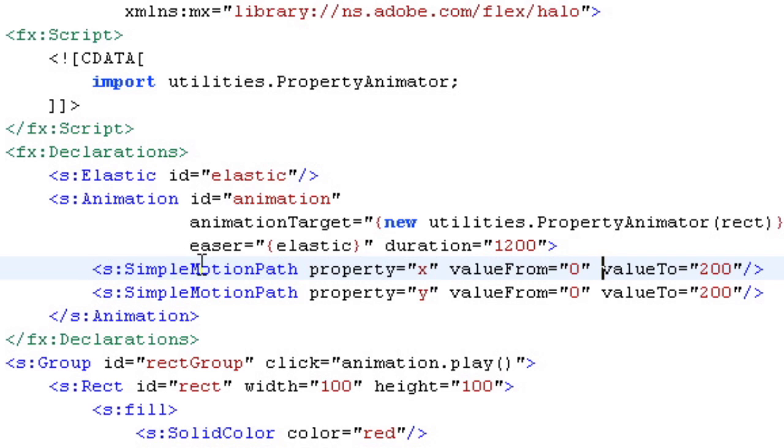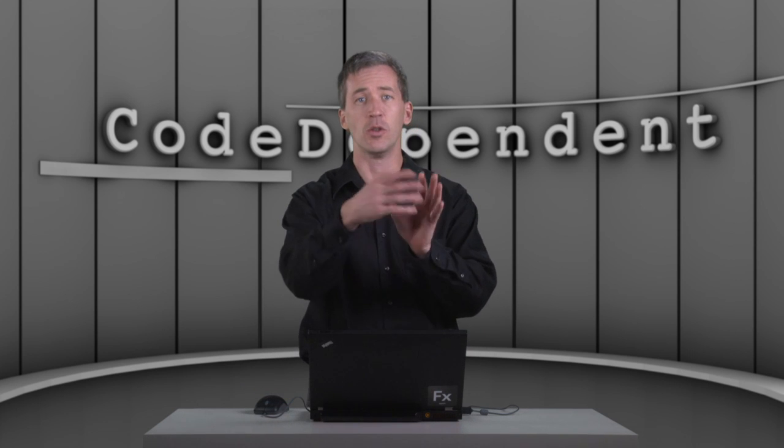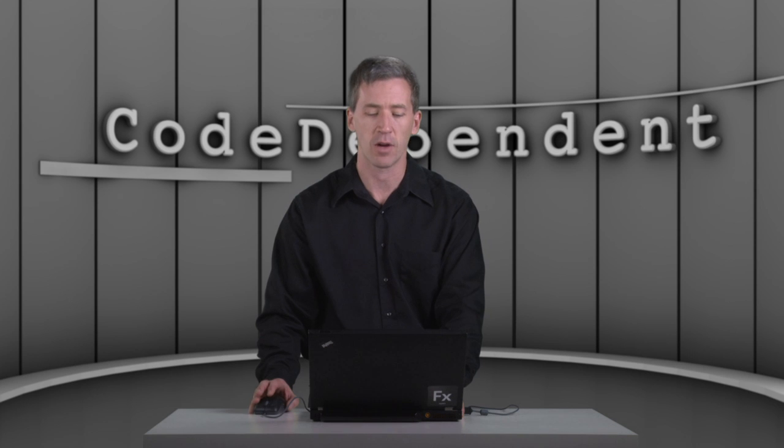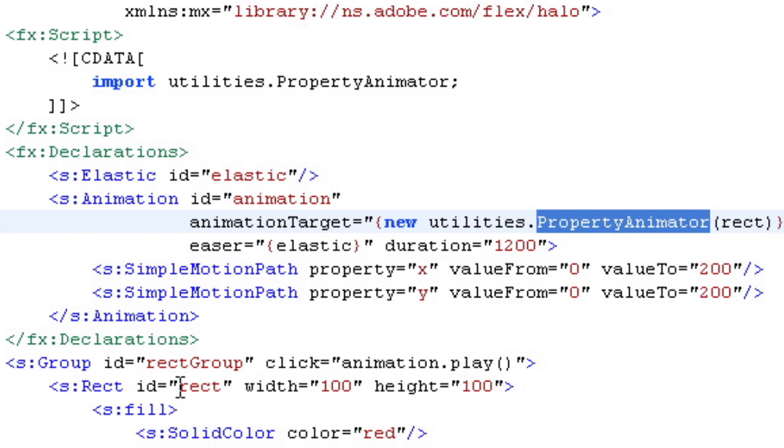And again, notice that the way you define simple motion paths as this vector of motion paths for animation is exactly the way that you might define it for something like the animate effect, right? And again, you give it to the effect and the effect simply passes it through down to the underlying animation. And in this case, we're actually giving it to the animation directly. So that's the animation, and the other thing that we need to look at then is the property animator object,